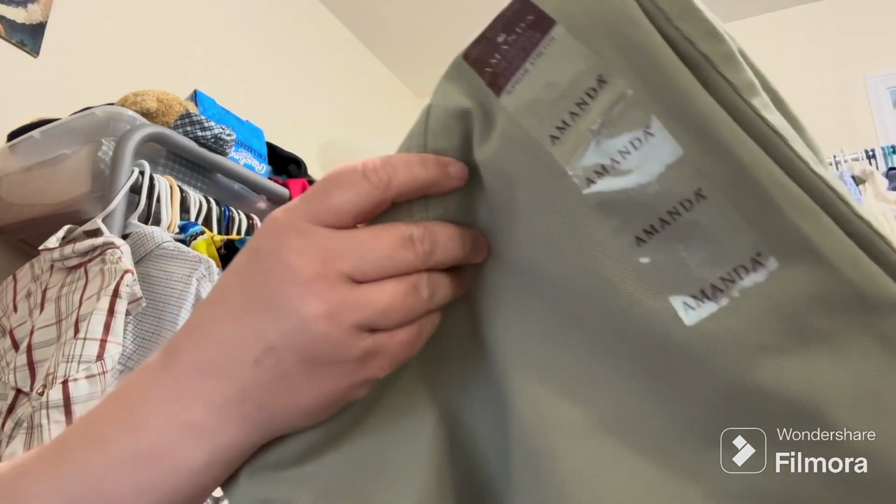Sold these Gloria Vanderbilt Amanda jeans, $12.99 plus shipping. This was a $1 day pickup. I wanted to say something about that real quick. I talk about my $1 day pickups. Some people have different sales in your area. You might have fill a bag or something that's going on. And you might be at a yard sale that's fill a bag, or a church sale that's fill a bag